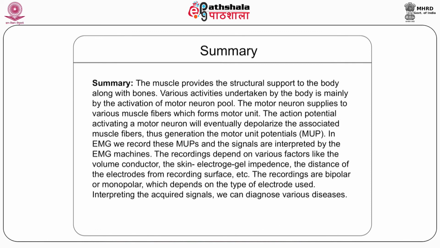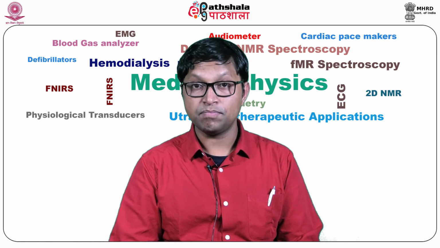or MUP. In EMG, we record these motor unit potentials and the signals are interpreted by the EMG machines. The recordings depend on various factors like the volume conductor, the skin electrode gel impedance, the distance of the electrodes from the recording surface, etc. The recordings are bipolar or monopolar, which depends on the type of electrode that is used. In interpreting the acquired signal, we can diagnose various diseases, and that is the beauty of this